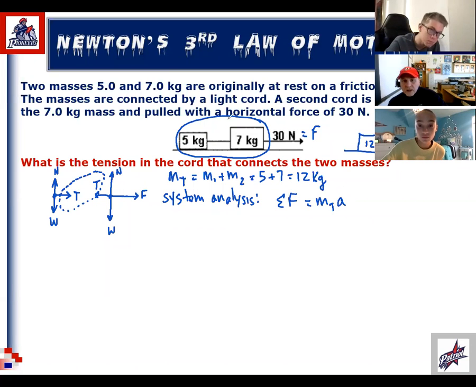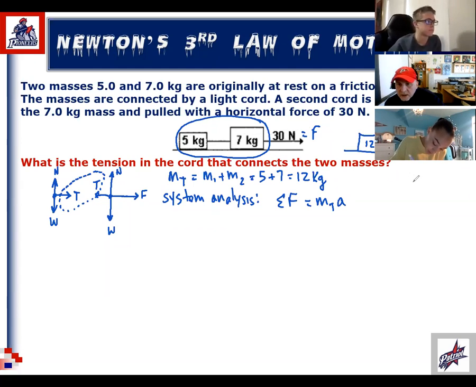This scenario and this scenario is exactly the same because this force is still pulling 12 kilograms. This force doesn't care that it's separated into two boxes. Again, frictionless. And so when I look at this, I make a force diagram for my system,